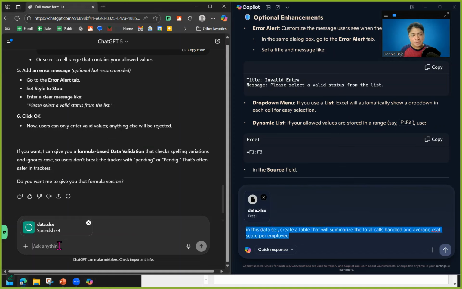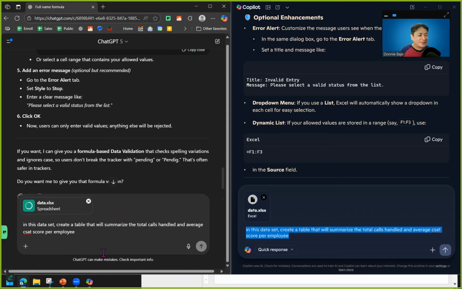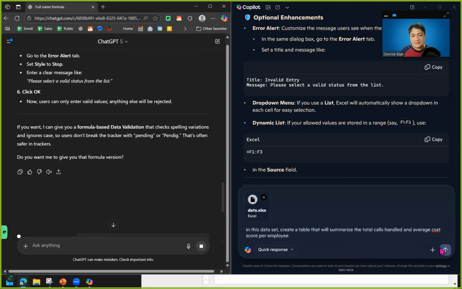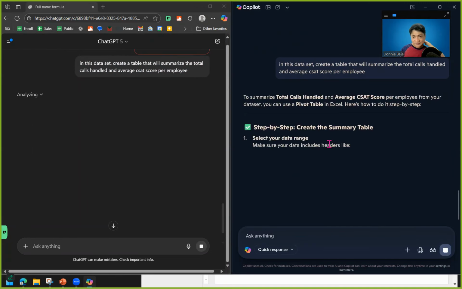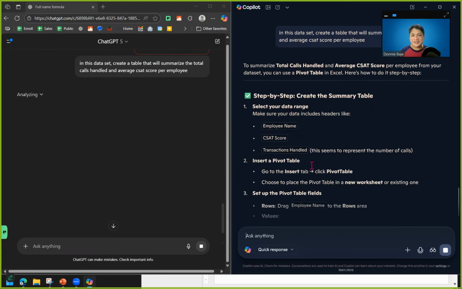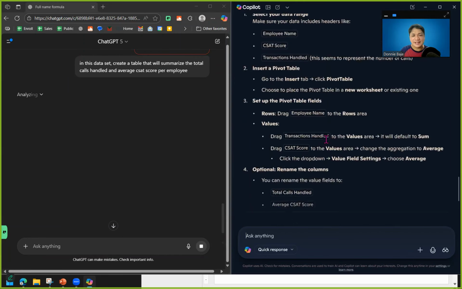Okay, so same here. It seems my ChatGPT is still uploading the file while Copilot is already done. We have to realize that I started uploading in ChatGPT first before I did Copilot, but Copilot was done with the upload first. I'm not sure if there's an impact, but given we're using the same computer, that means Copilot uploaded the data faster. So anyhow, let's submit this. Okay, let's see. So Copilot already has an answer, while ChatGPT is still analyzing